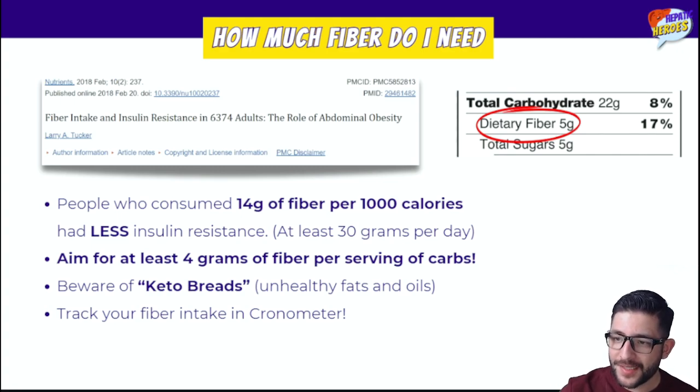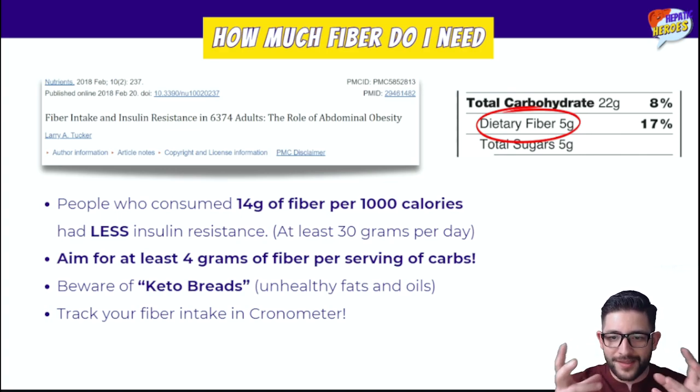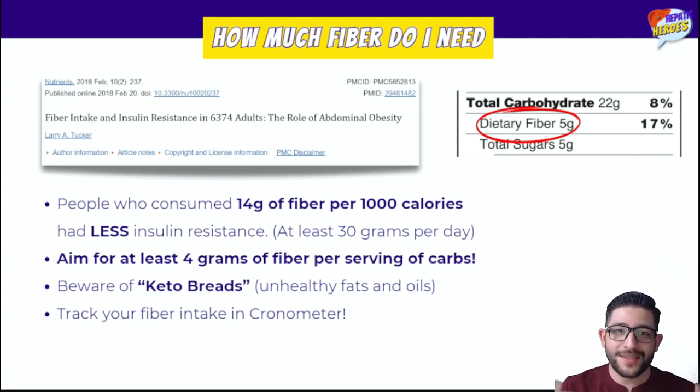fiber. Now, if you take a look at this paper that we have on screen, this particular paper found that people who consumed at least 14 grams of fiber for every 1,000 calories had less insulin resistance. And the reason fiber does this is because when we consume fiber with our food, it slows down the absorption of glucose, of fructose, of fats and proteins, really anything, right? Because it turns into this kind of like gooey substance that mixes with our foods that is being digested within our intestines, and it slows down the absorption of these things, and therefore it prevents sudden spikes of glucose in